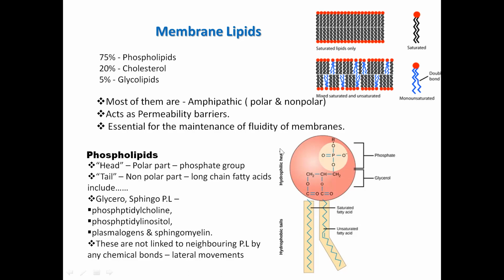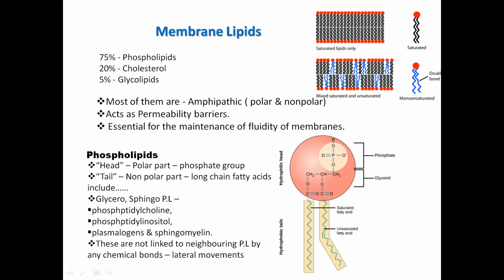Why is it called phospholipid? First of all, you can see the basic structure. This is the tail molecule, which is a saturated fatty acid, meaning this tail molecule is hydrophobic and this is hydrophilic. But here you can see a phosphate group is attached. So this R group will be the phosphate, and that's why this lipid is called phospholipid. This is the glycerol and this is the saturated fatty acid, and some unsaturated fatty acid is also present. So these are the phospholipids.